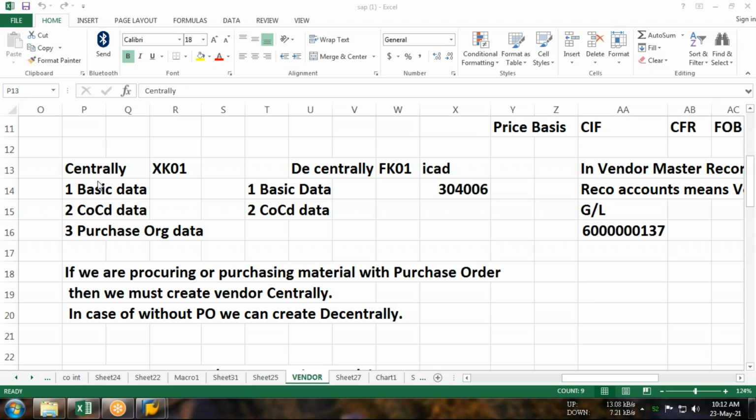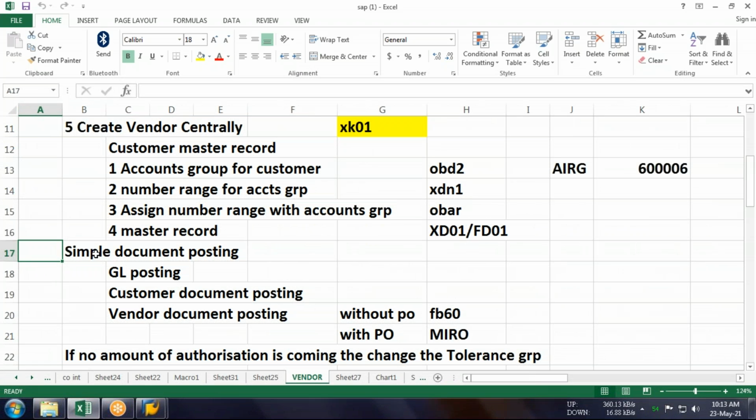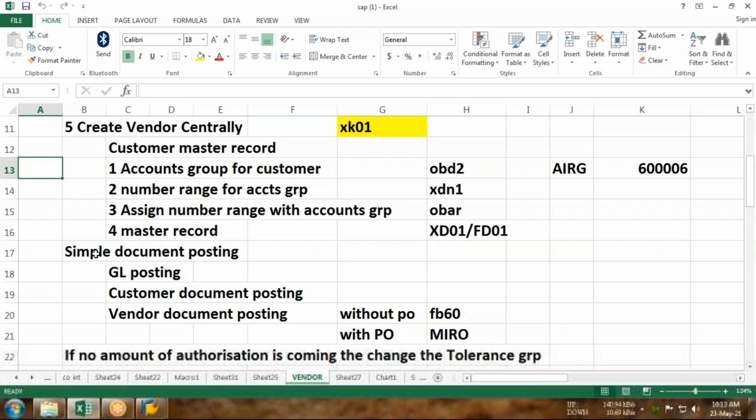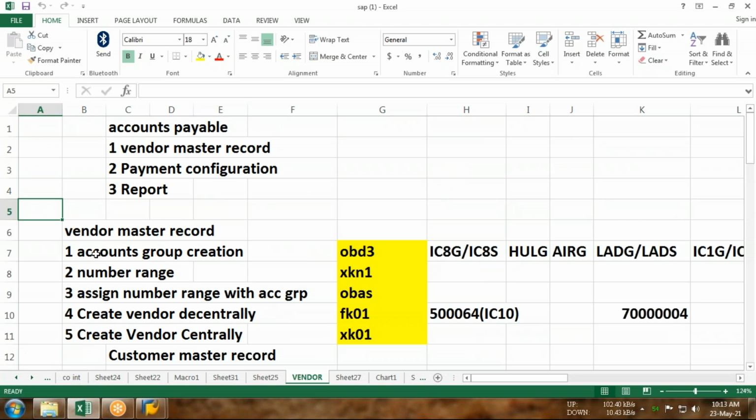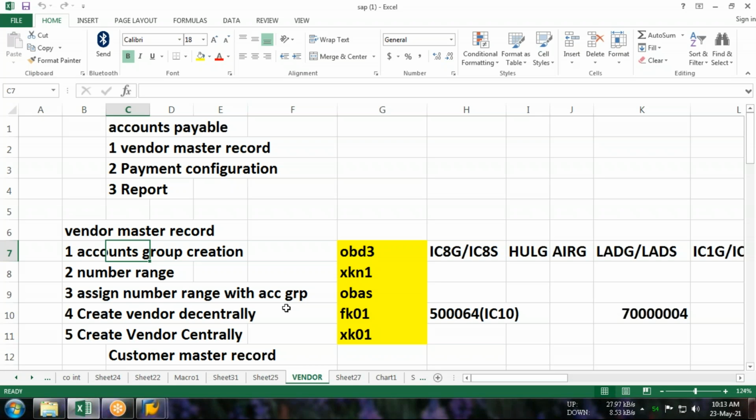Okay. So sir, let's start with the vendor master record creation. Guys, now please try to understand how we shall proceed. First of all, you need to create the accounts group. These are universal steps whenever you create a vendor for the first time in your company code, not the subsequent ones.